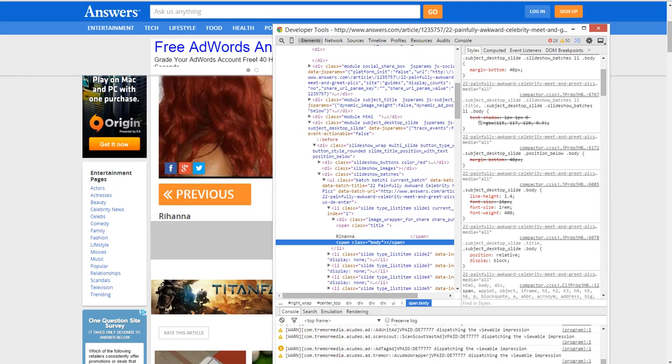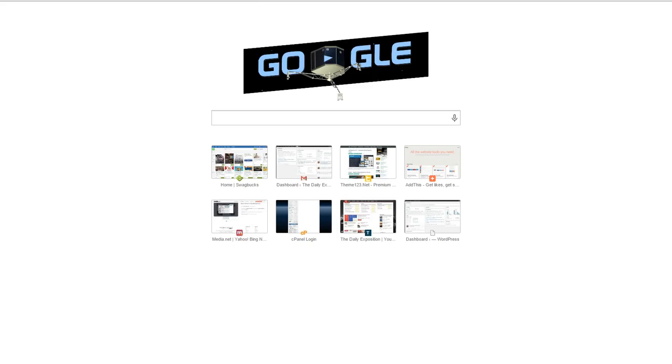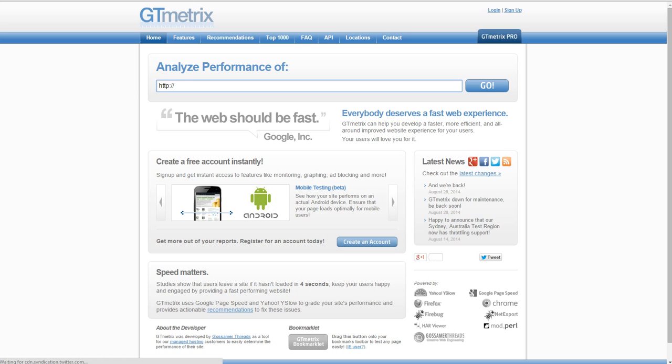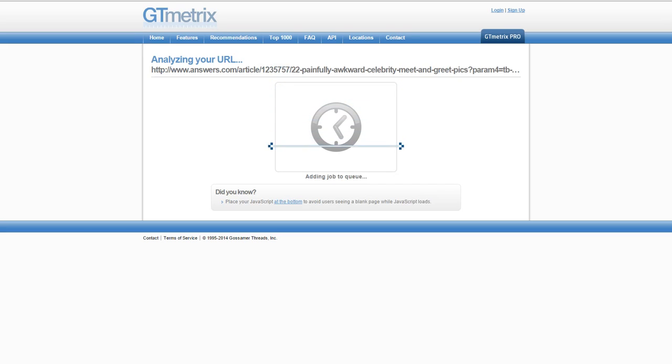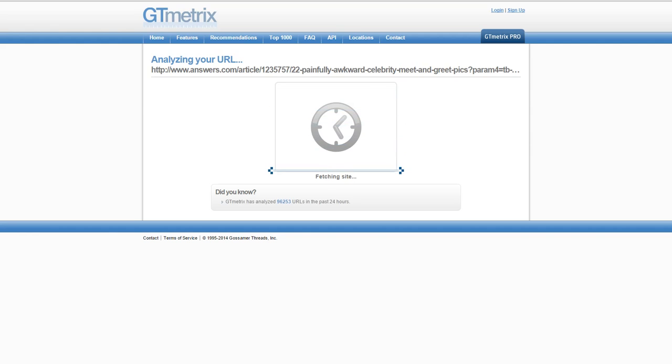And when it gives such a hang time, it causes your website to end up annoying your users. So I'm going to perform a quick test. The GT matrix is the webmaster's tool to see how well their website performs. It compares against the YSlow and the Google page speed and gives you recommendations on how your website should be set up. While the page load time may not always be the most accurate, it is still a great indicator on what you need to do to optimize your website.